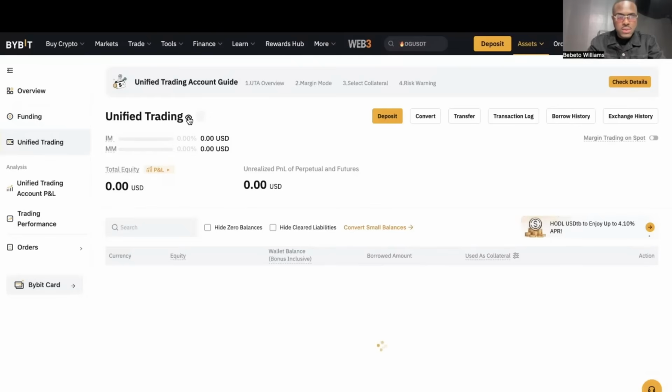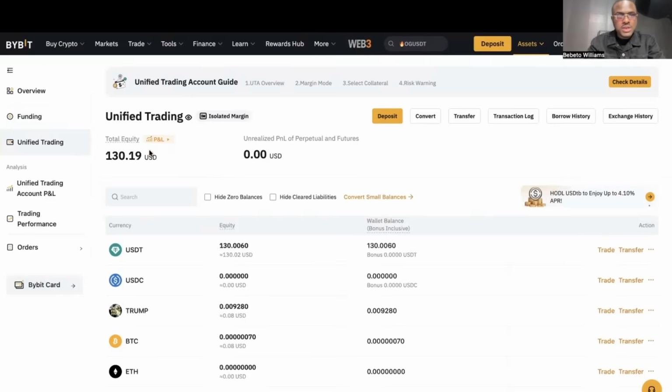Now my unified trading is having 130. Remember that I deposited $30 to it. So now how can we trade the market? How can we make money from this after verification, after depositing, after transferring from our funding to the unified trading? You can make money off